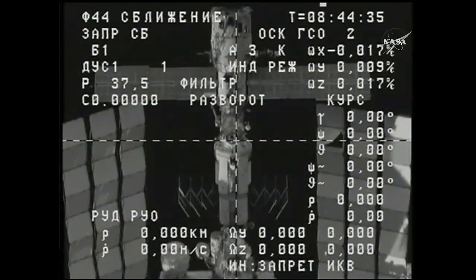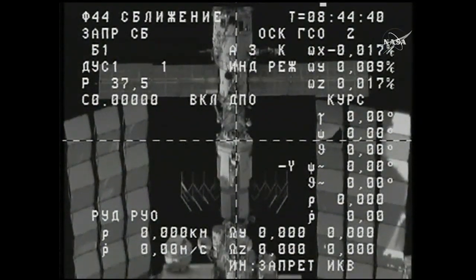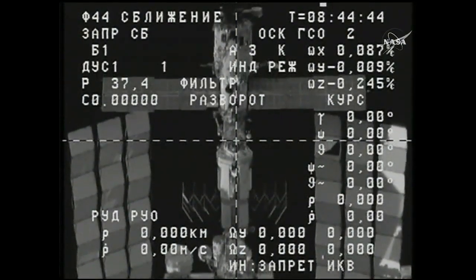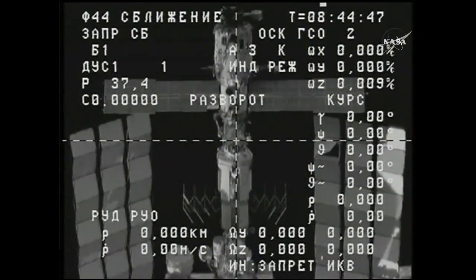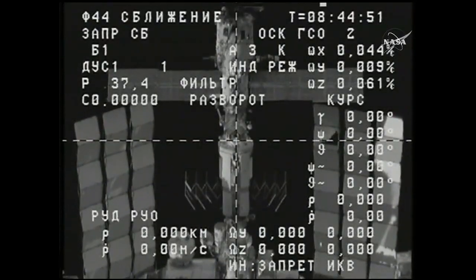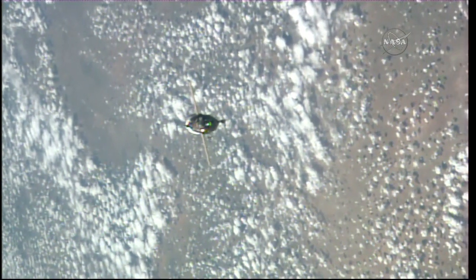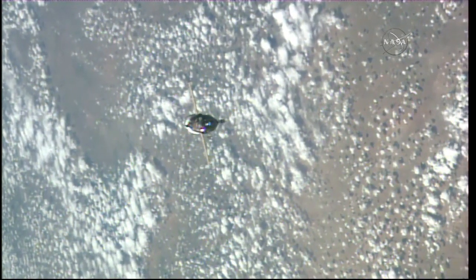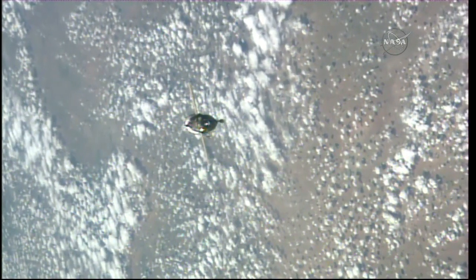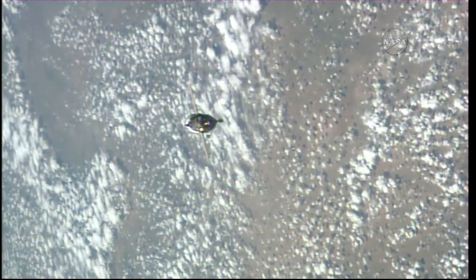And as you heard in that report, the brakes will be applied on the Progress basically to stop it at a distance of about 600 feet away from the Pirs docking compartment, again for that very brief period of station keeping, and an opportunity for the Russian flight control team here to assess the status of the 62 Progress systems, as well as the readiness of Ovchinin and Skripochka to begin their work to fly the Progress back in for